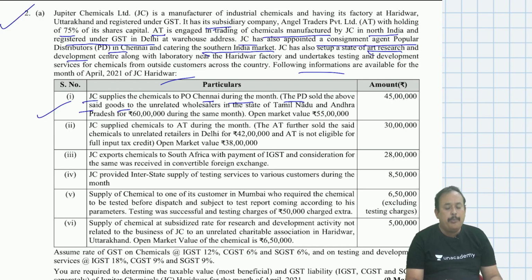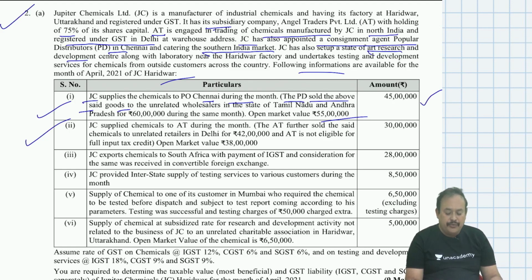The Popular Distributor sold the above said goods to the unrelated wholesalers in the state of Tamil Nadu and Andhra Pradesh for rupees 60 lakhs during the same month. Open market value 55 lakhs, total 45 lakh. Point number 2. Jupiter Chemicals supplied chemical to AT, means Angel Traders,